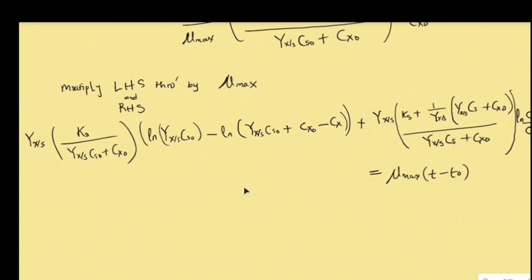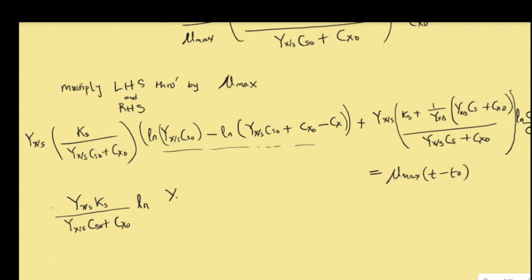So something like this is what you have. Once you're done with writing it in this way, now it's going to be actually a long hell of proving here. So we are going to apply the law of logarithms on this place. Let's see how it reduces. So we have this multiplied by this, YX/S, then KS over YX/S CS0 plus CX0. All right, so applying the law of logarithms on this place, you now have a ratio which is